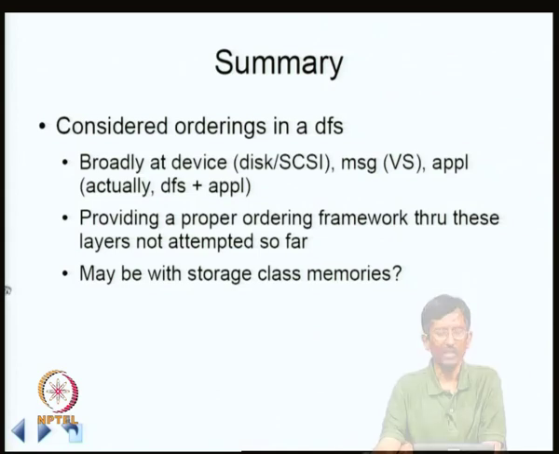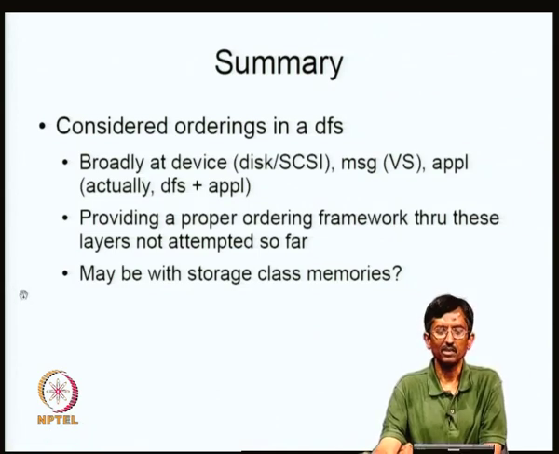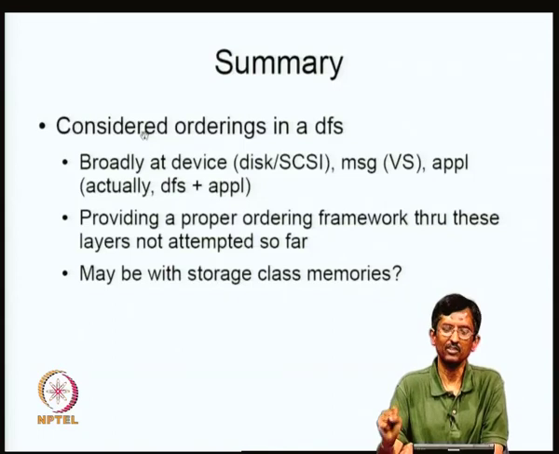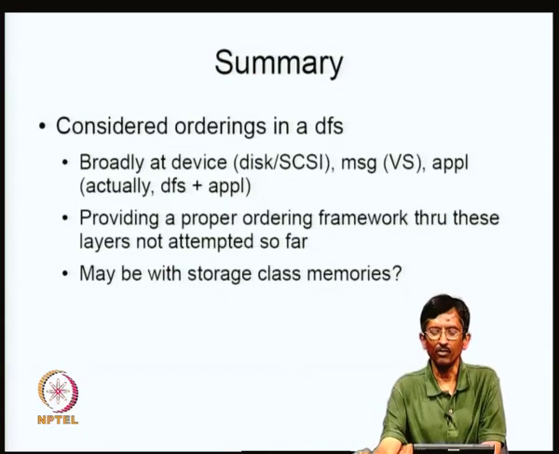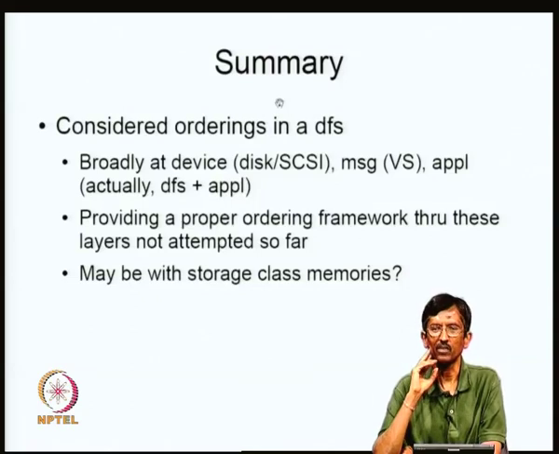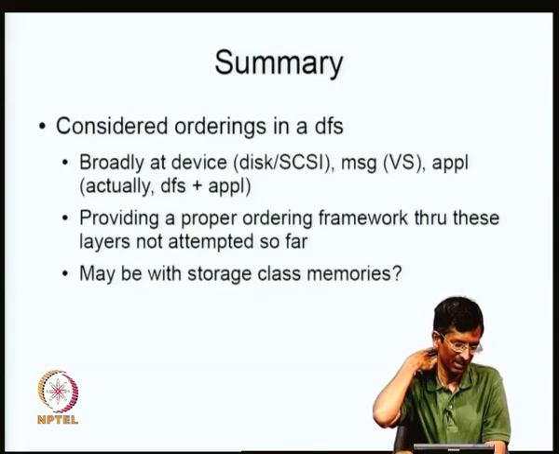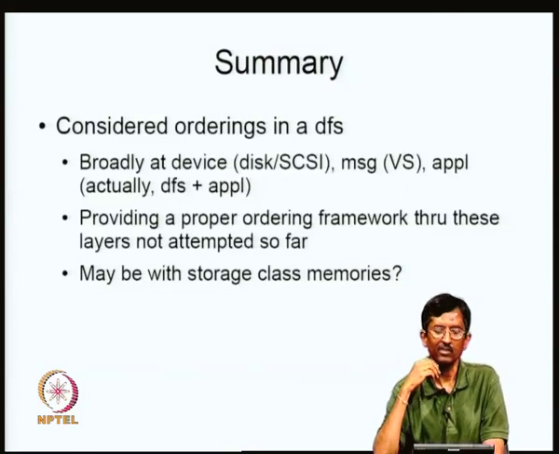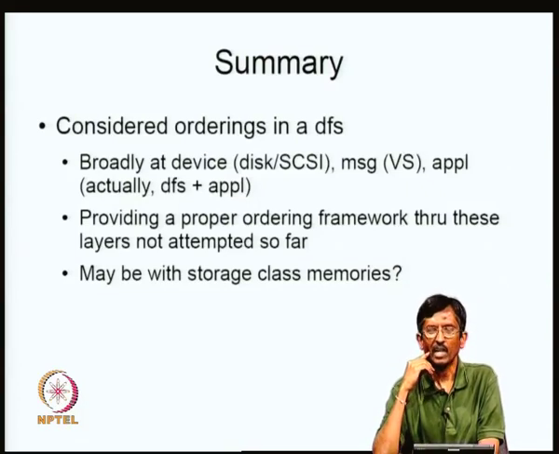So I think I'd like to conclude today by summarizing what we have looked at so far. So basically there are a lot of orderings in a distributed file system. If you look at NFS, it was very cavalier in terms of what it decided, because it basically had a very simple model. All it did was, it just said, I cache something, every so often I